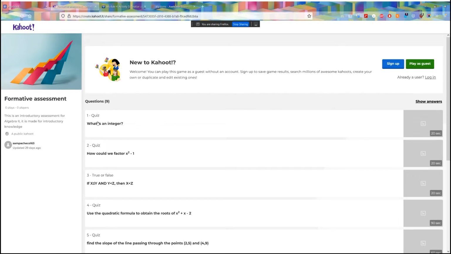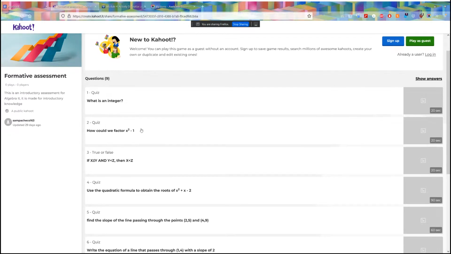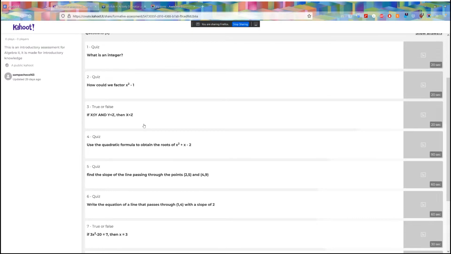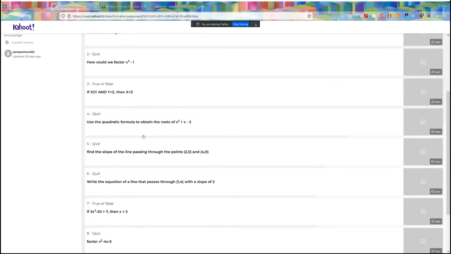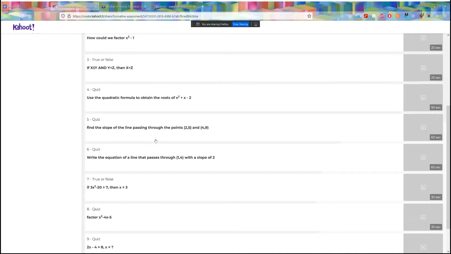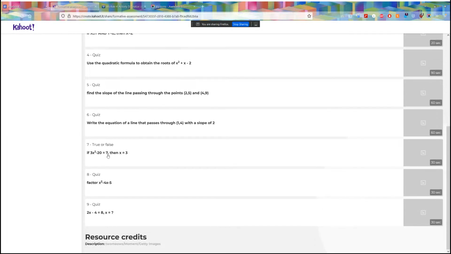So questions like, what is an integer? How can we factor specific polynomials? Logical questions about inequalities, using the quadratic formula, finding the equations of lines, some more logic based on polynomials, factoring,